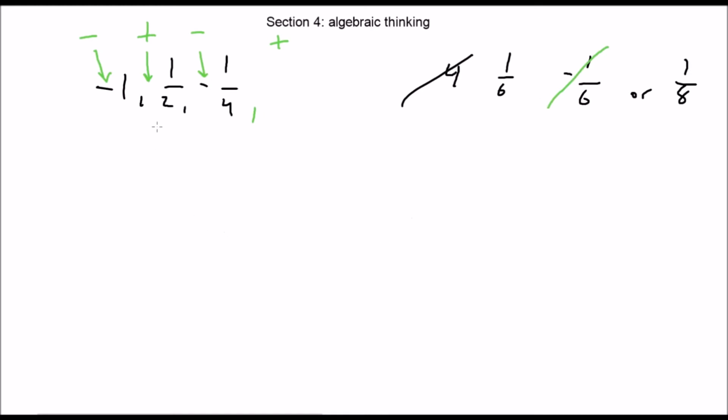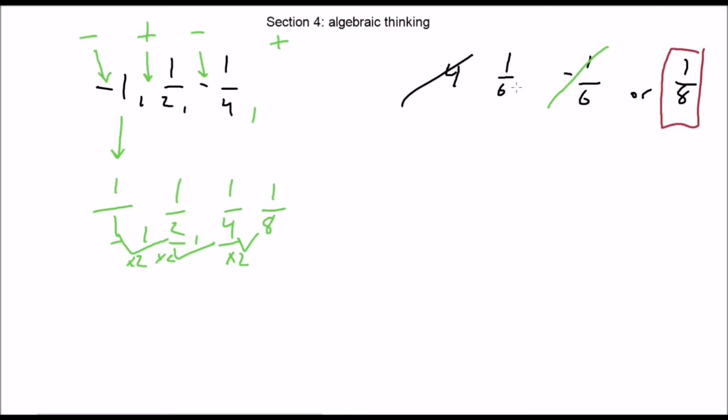Now we're thinking, well, we have 1 here, then 2, then 4, so maybe 6 is next. And if we're thinking that way, we need to realize something here. We have 1 over 1, 1 over 2, 1 over 4. Now what's the relationship of just our denominator? Well, it's multiplying by 2 after each. So 1 times 2, 2 times 2, 4 times 2 will give us 1/8. So our answer will be